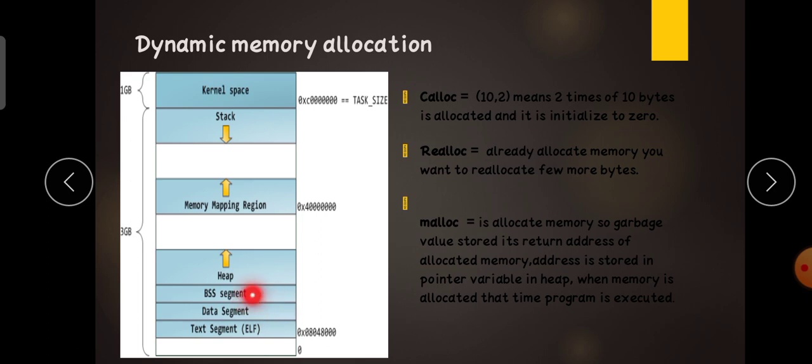That is the BSS segment. The heap always grows upwards, and the stack always grows downwards. These are the heap memory and stack memory locations. In the stack, auto variables are stored. In the heap, dynamically allocated memory is stored.